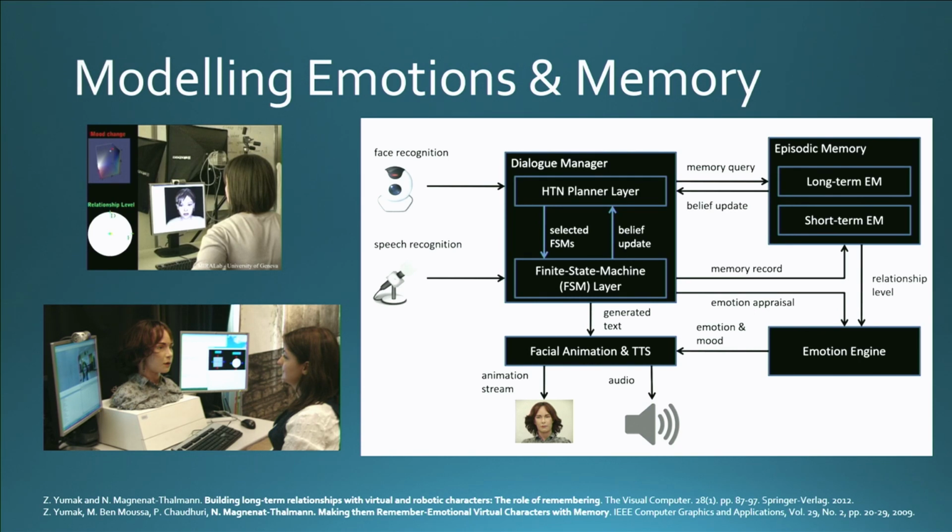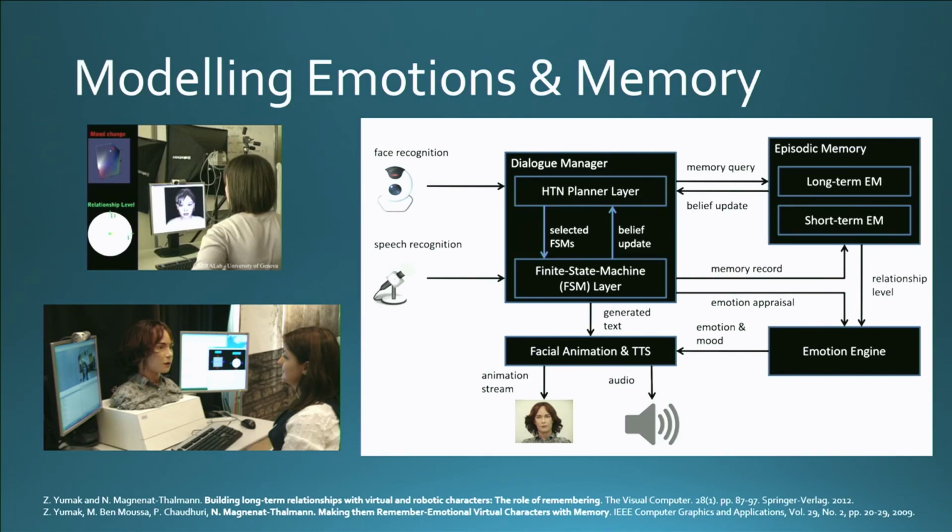This is a fully fledged autonomous system with face recognition and speech recognition capabilities. There's a dialogue manager with a planner and reactive layer. There's episodic memory, which is a special type of memory that stores memories over a timeline, so something like autobiographical memory. And this is interacting with an emotion engine, which is updating the emotion and mood of the character in a dynamic way. I was testing this virtual character, and also there's a physical robot from Hanson Robotics here